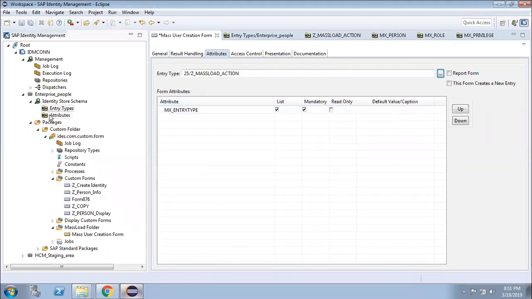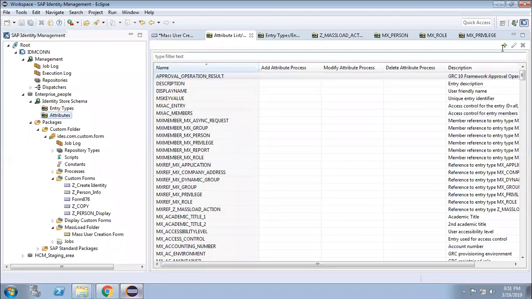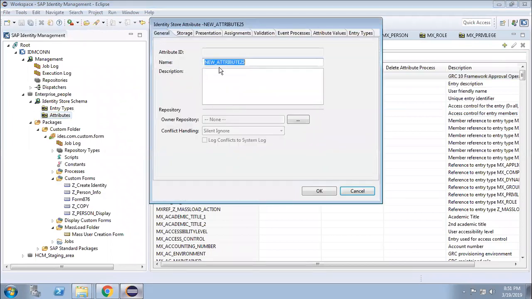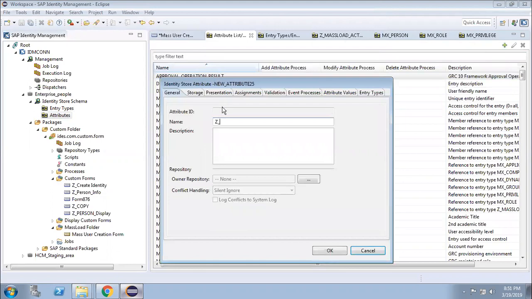So let me go to the attribute section. I am creating one attribute. The attribute name is something like z underscore. What is the entity type name? I have given g underscore mass load, so g underscore mass load underscore mx person, for user creation.